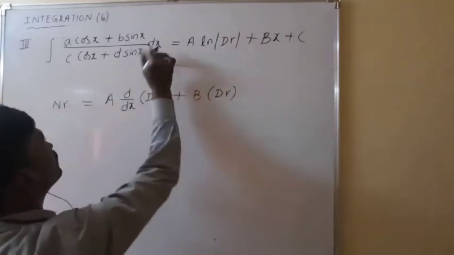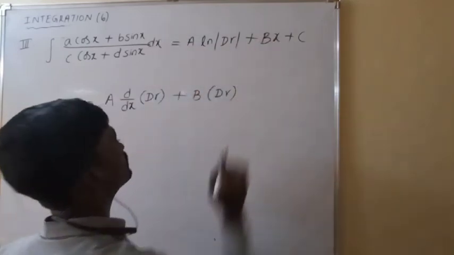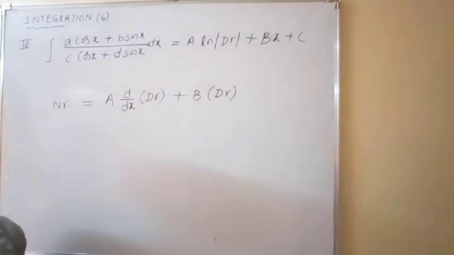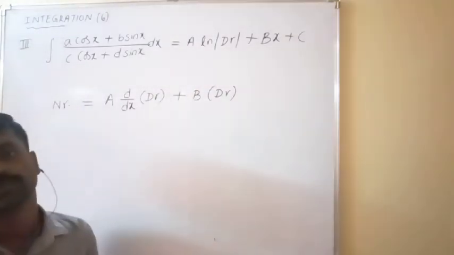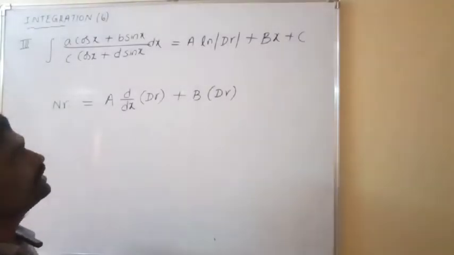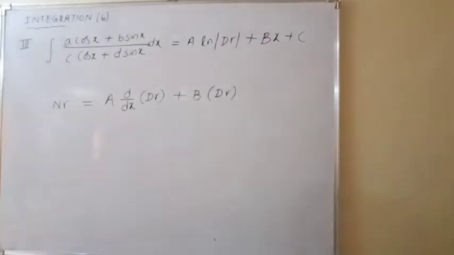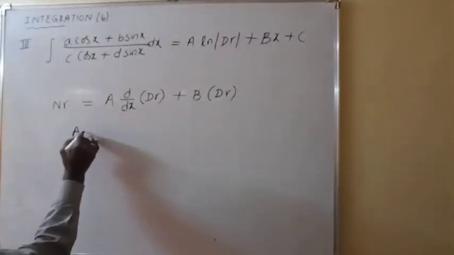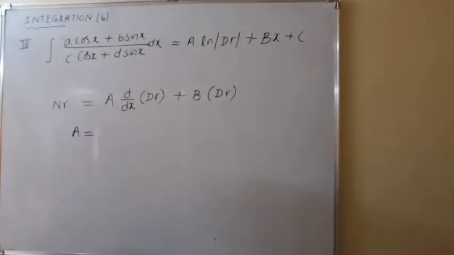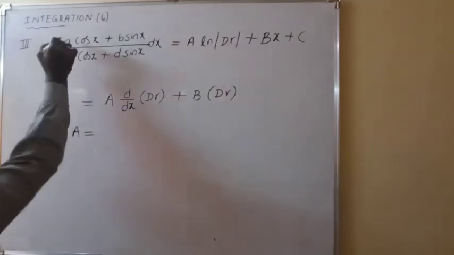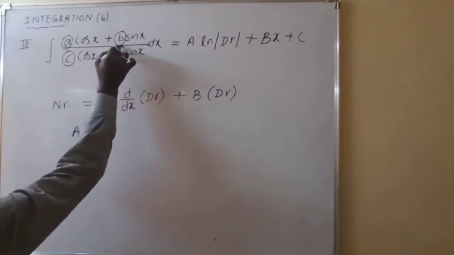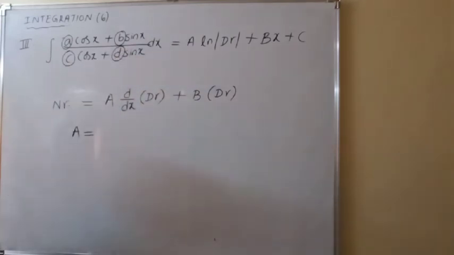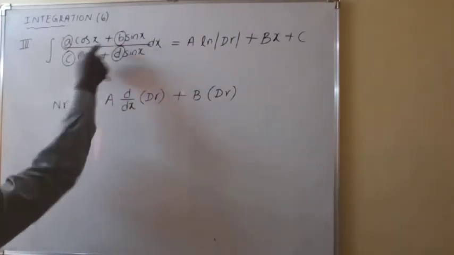Because here we are integrating with respect to x, so B into x plus c. So that is the answer. The answer is always in this form only. So what are capital A and capital B? Capital A is equal to, so here what are the coefficients? a, b. And here what are the coefficients? Denominator c, d. So cross multiplication, ad minus bc.